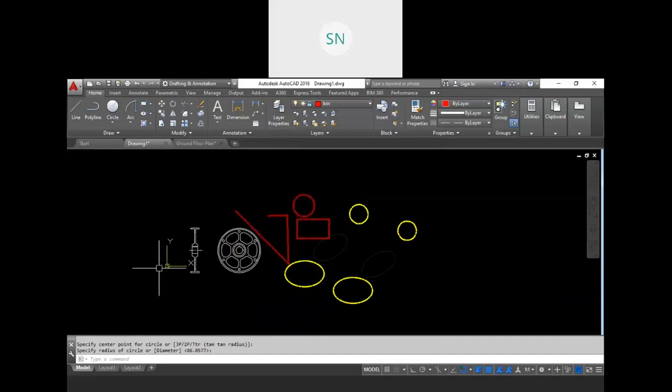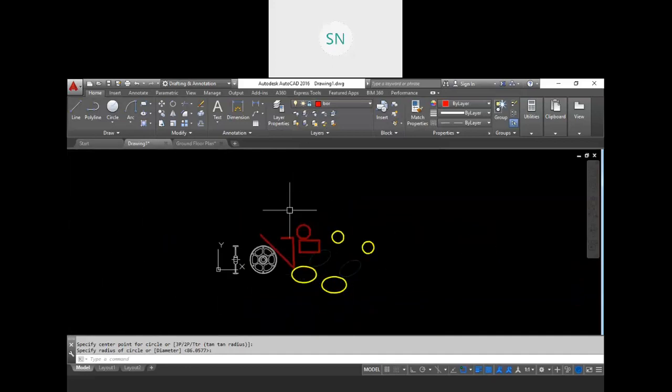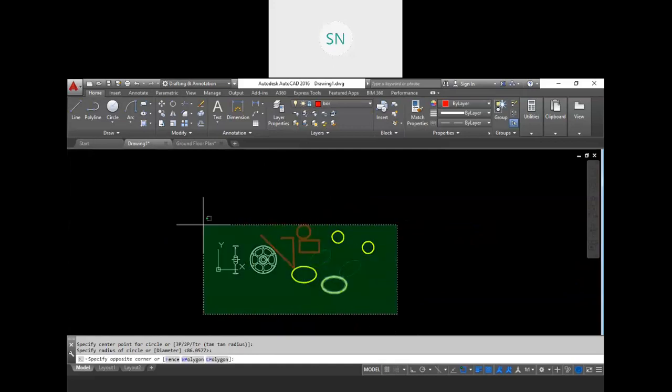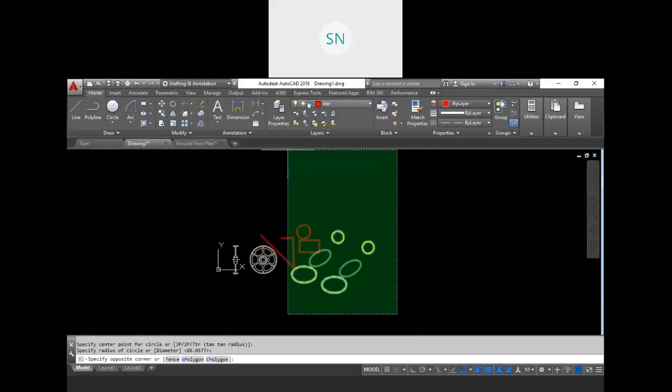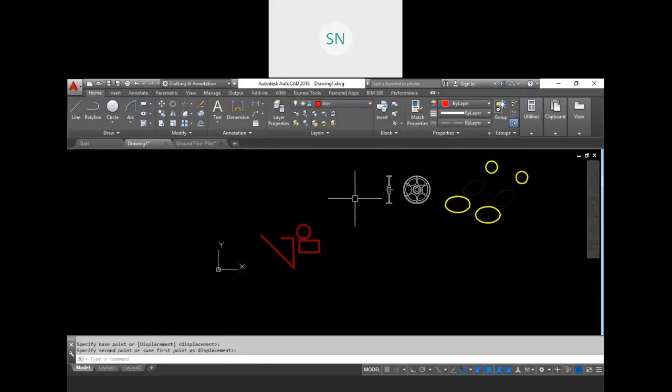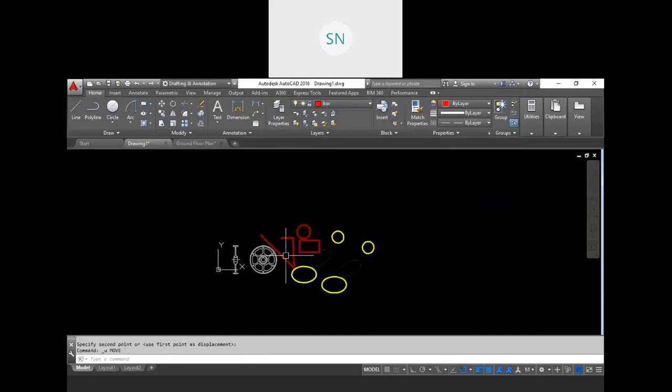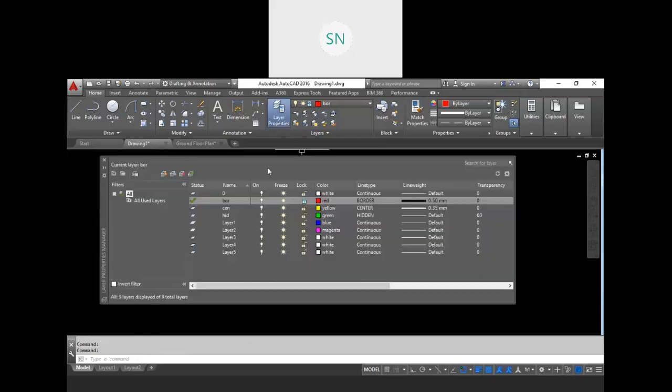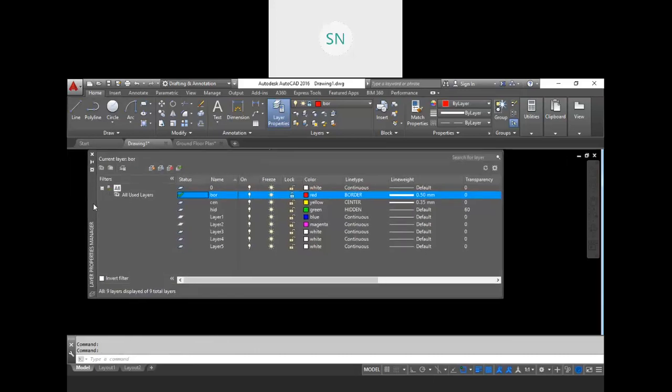So for example, if we have a drawing over here and except this border layer, I want to move the entire drawing. So just turn off that, lock that layer, select the entire drawing, then type M, enter, move, and you can take it anywhere. Right? So it's quite a handy thing when we work with the layers properly. Now how to find a layer, how to filter layers. For that, in the layers we have two types of filters.